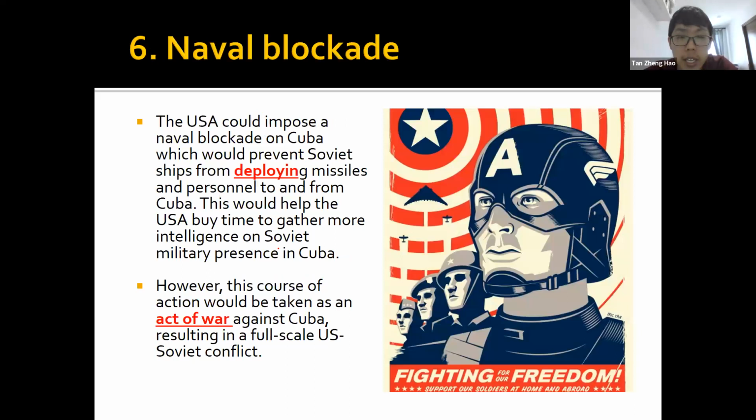So there's this last option, which is a naval blockade. Naval refers to ships, and blockade means to block. So they want to use ships to block Cuba from the rest of the world. At that time, remember, there were a lot of Soviet ships trying to send materials for the missiles into Cuba. So they said, why not cut Cuba off from the Soviet Union? I form a ring around Cuba using my ships, and I will not allow the Soviet Union to send things in.